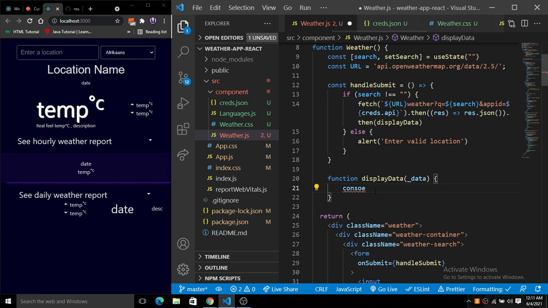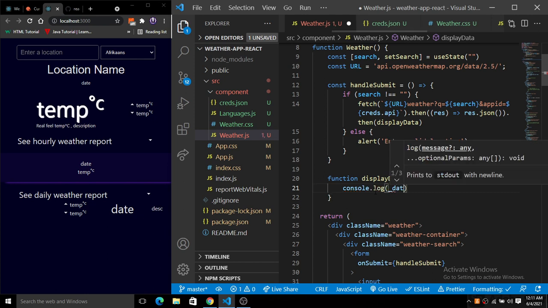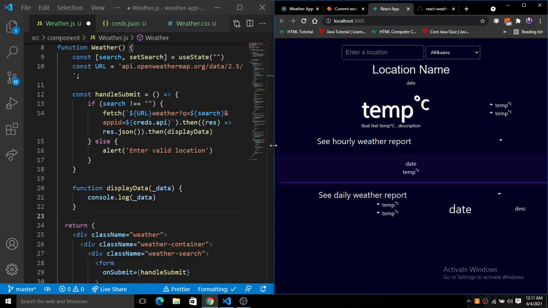So let's console.log, and here we have data. Basically we just simply console out the information that we get here. So I will just put it here on the right side and put this thing on the left side there. Okay, so we have these things here.